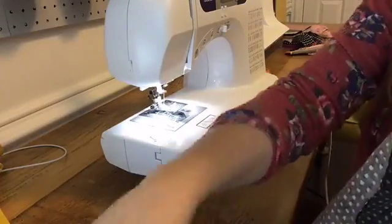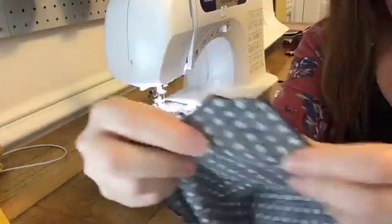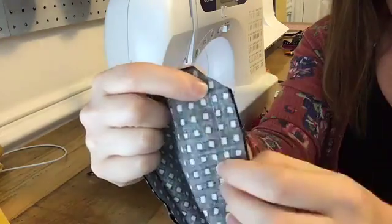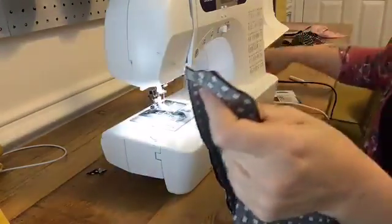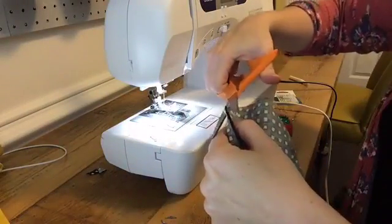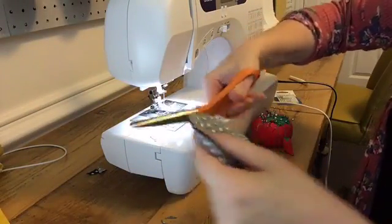This will make it so that when you turn your pillowcase right side out, it will not be all bunched up in the corner. And because I made quite large seam allowances, I'm going to trim the other edge around here a little bit more. Now,